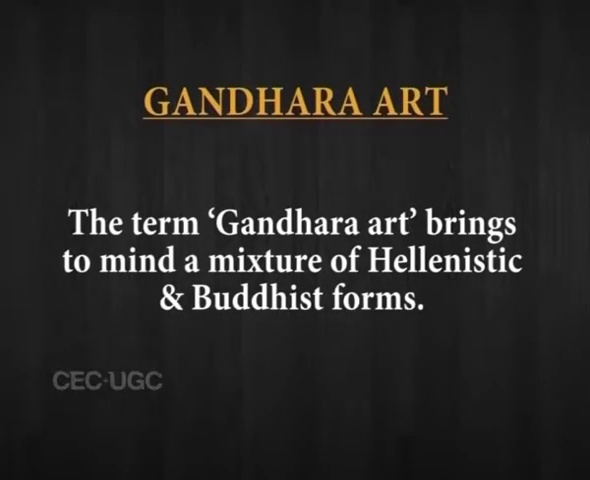The term Gandhara art brings to mind a mixture of Hellenistic and Buddhist forms. This art developed from the 1st century BC under the patronage of the Kushana rulers and continued till the 5th century AD, when much of Gandhara was invaded by the Huns. Swat, Bajaur and Peshawar valleys came under foreign influence, the earliest being the Achaemenid Empire of Persia, and were occupied by Alexander's army. A century later, the Shakas and Parthians